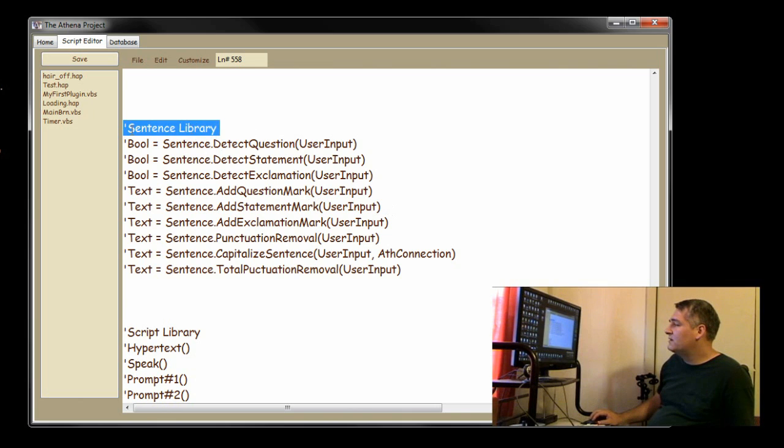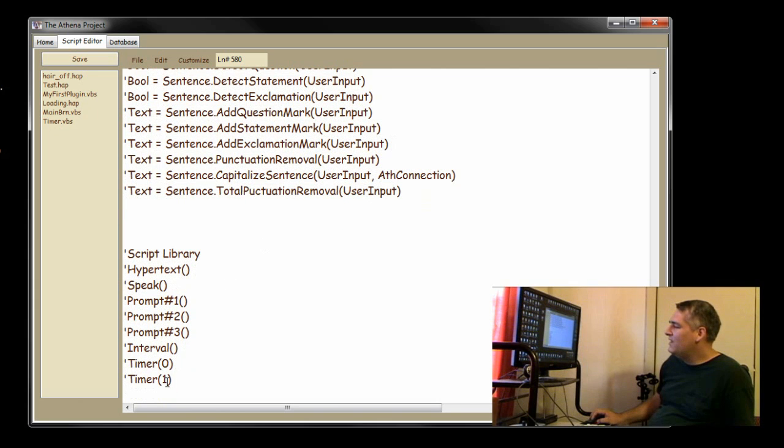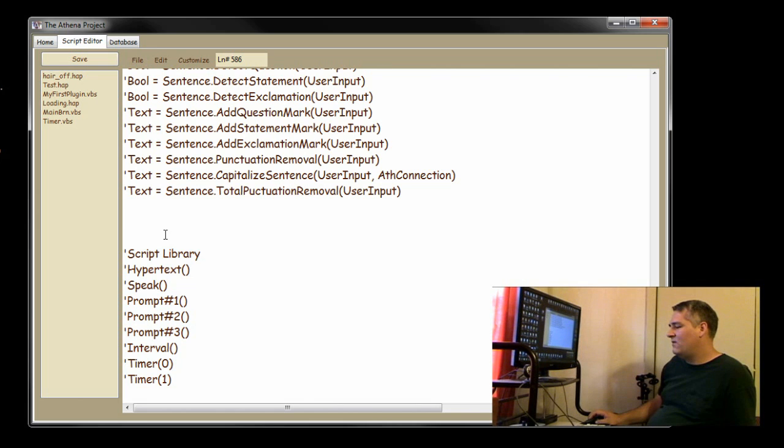We have a sentence library where you can detect if it's a statement or detect if it's a question. We can remove the punctuation, capitalize the sentence, add a statement mark, add a question mark, add an exclamation mark. And then finally we have this set of commands. These commands are directly for Athena itself. Hypertext, if something is hypertext, if something